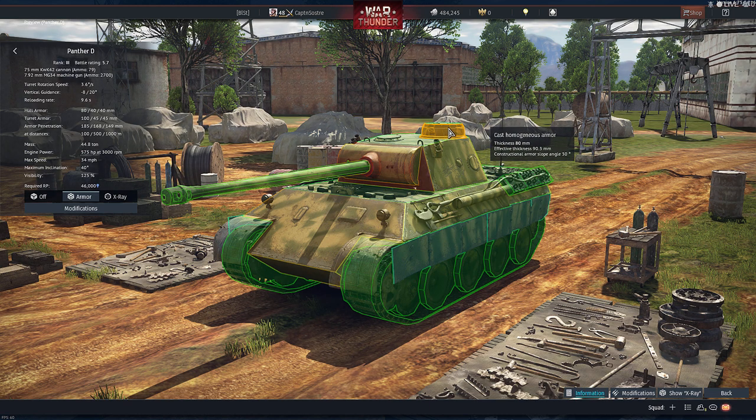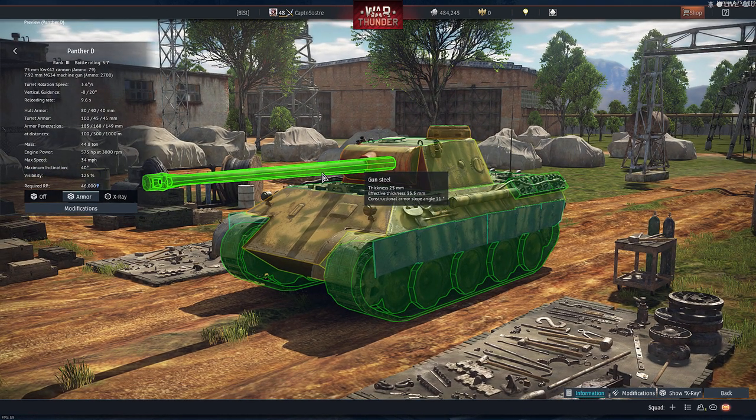So it's important to note that there are different strengths and weaknesses of armor in the game. And in fact, it gets even more specific when we look at things like gun steel, for example. Gun steel has different armor ratings depending on the type of shell to hit it. So if a kinetic round or I believe a chemical round, I'm not too sure, but I think a chemical round as well, if either of those hit the barrel, it has a 1.10 armor rating, which means this 25 millimeters actually performs like 27.5 millimeters. And then if a high explosive shell hits it, it has a 2.50 armor rating, which means that